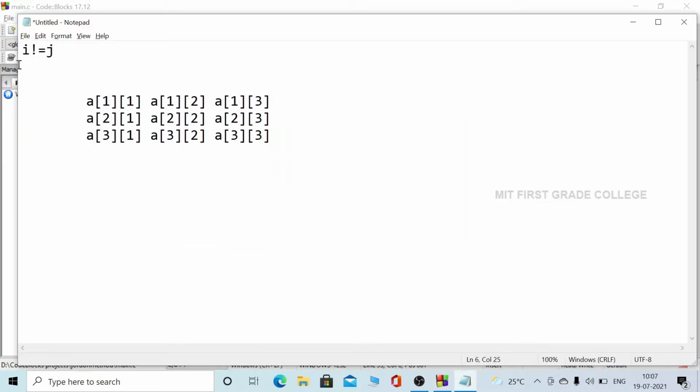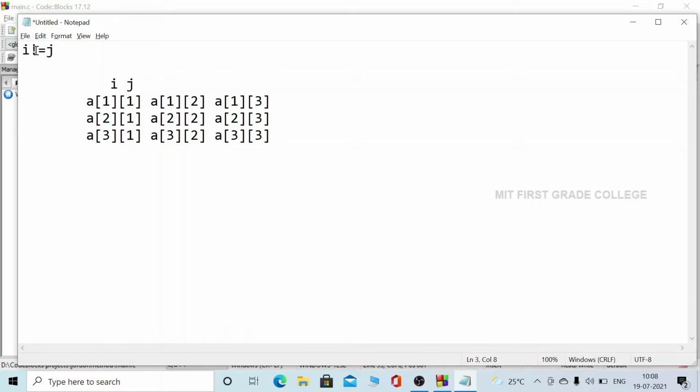Let me take it here. We know the address of the elements in the matrix. Here it is A11, A12, A13, A21, A22, A23, A31, A32 and A33. This is the i value and this is the j value.